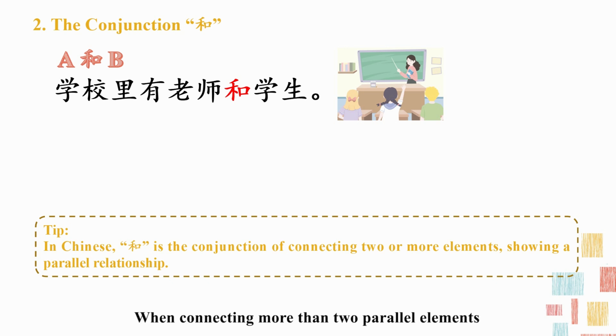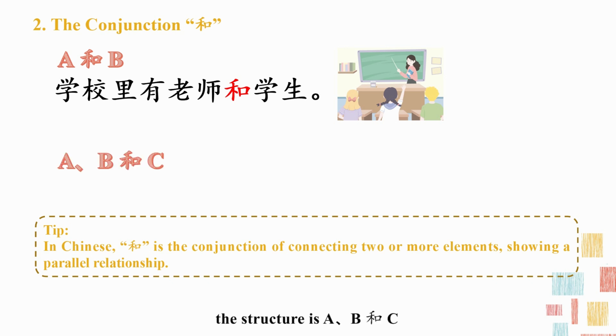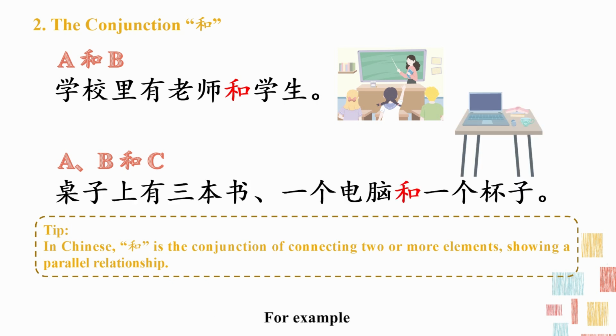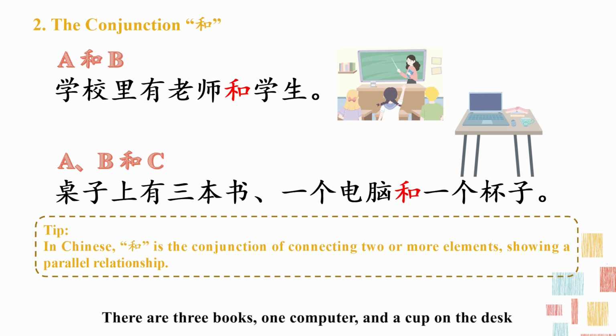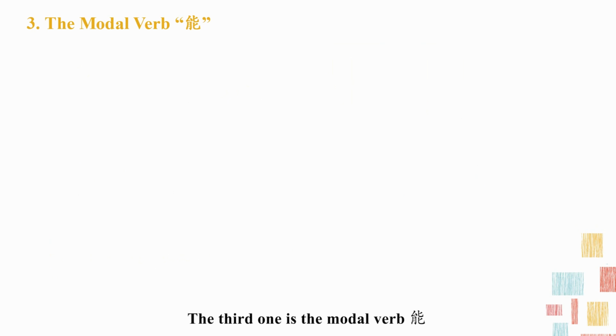When connecting more than two parallel elements, the structure is A, B, 和 C. For example, 桌子上有3本书，一个电脑和一个杯子。 there are 3 books, 1 computer, and a cup on the desk. The third one is the modal verb 能